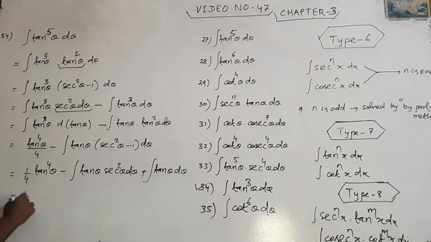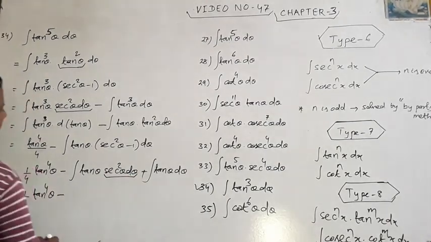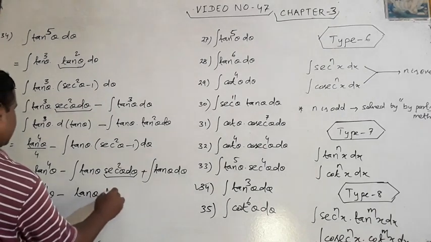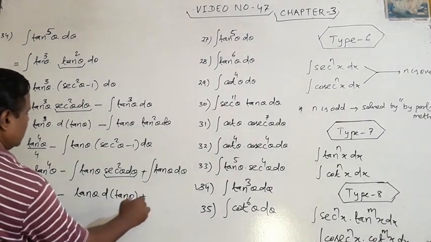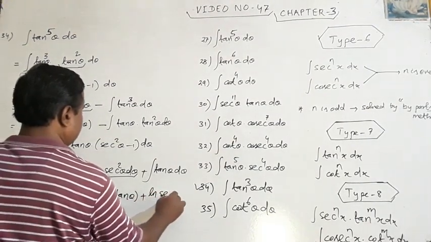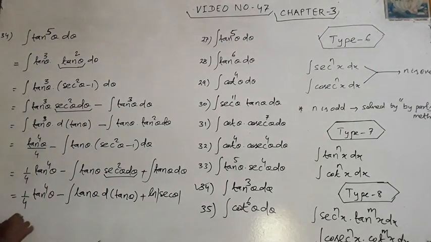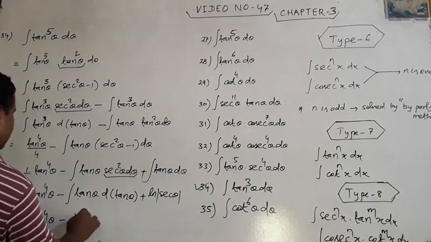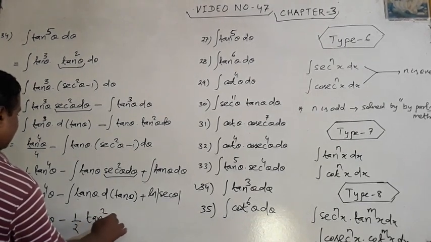It is 1 by 4 tan 4. If we solve it, what does it become? It is tan theta into the derivative of tan theta, plus its integration, which is ln sec theta. Now the final answer is 1 by 4 tan 4 theta minus 1 by 2, because t dt is t square by 2, tan square theta, plus